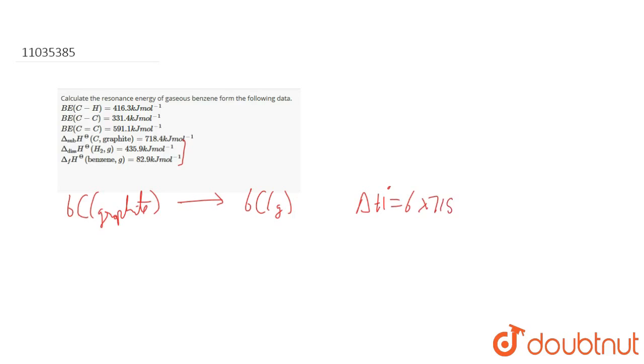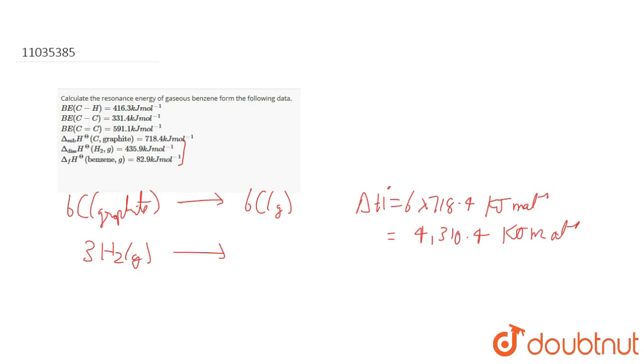6 into 717.4 kilojoule mole inverse. So this will boil down to 4310.4 kilojoule mole inverse. If we write the next equation, that is the dissociation of H2 gas, it will give 3H2